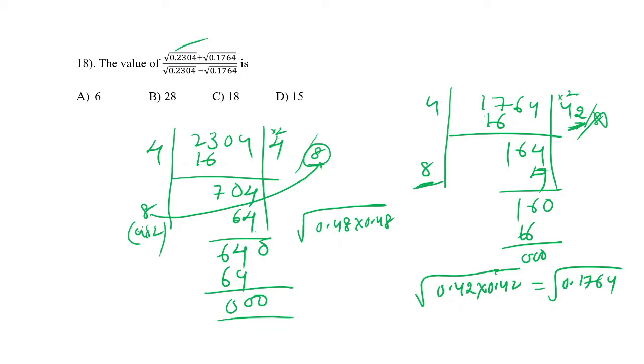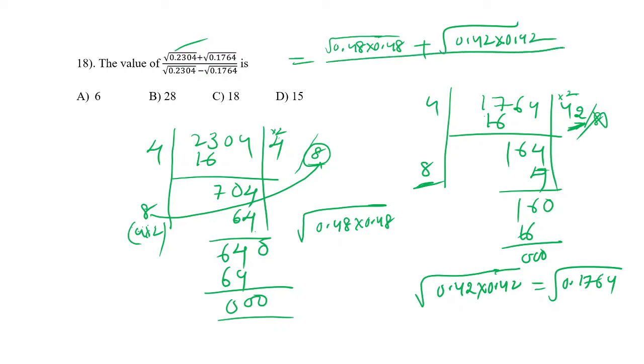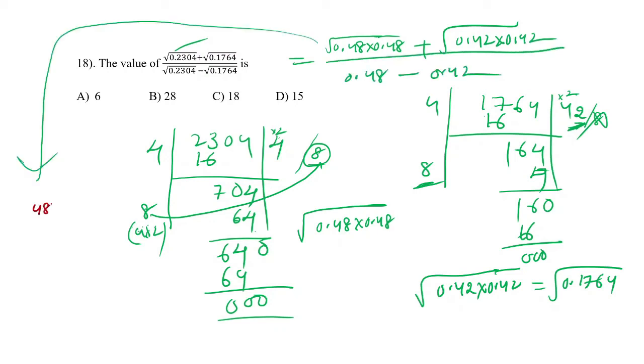So after finding the square values, here 0.48 into 0.48 plus 0.42 into 0.42, by the same 48, 0.48 plus 0.42 by 0.48 minus 0.42. What will be the result? 0.90 by